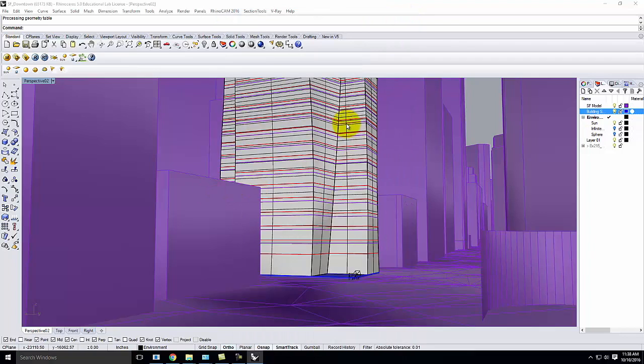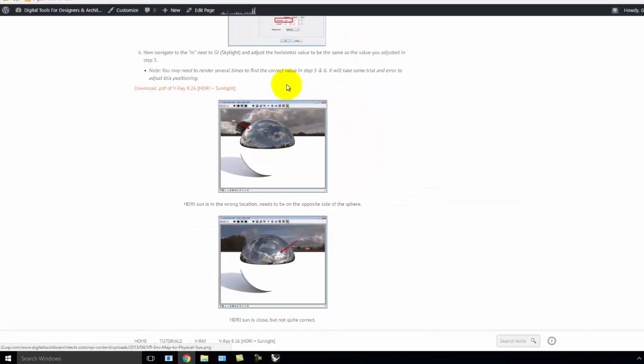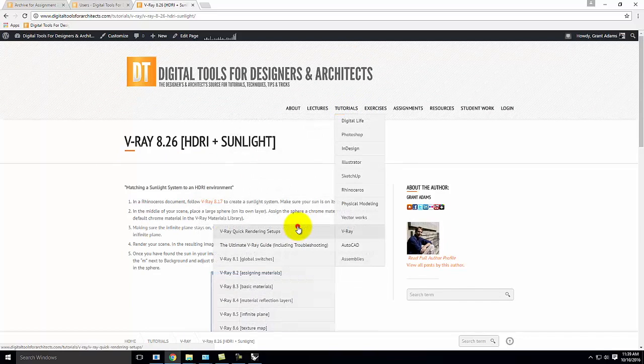Okay, so we talked about distributed rendering. We talked about establishing the sunlight system. Remember, today I want you to go through having to adjust based on the background, so I want you to use the cloudy sky. When you're done with that, however, if you want to experiment with some of these other quick rendering setups,